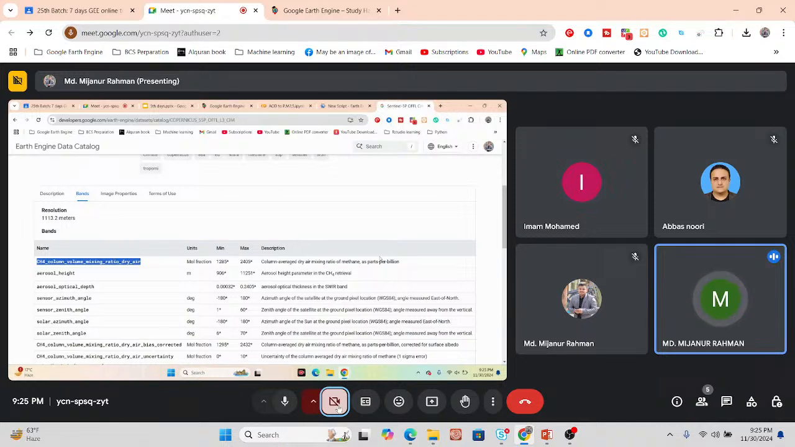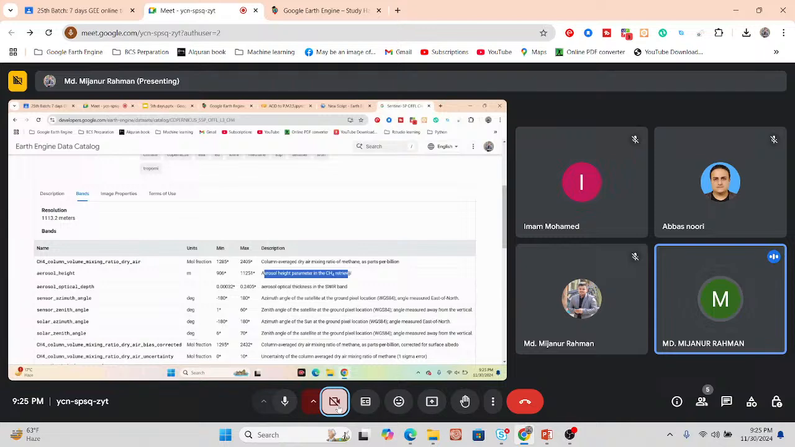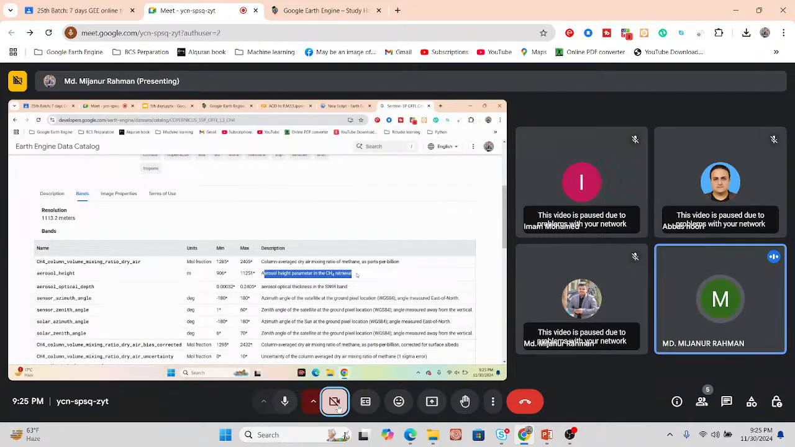So this is the data for parts per billion. Also, you can see we can get the aerosol height. This is another band. The unit is meter, m for meter. So, aerosol height parameter in the methane retrieval. How much height it retrieves, we can easily get the information from aerosol height, as well as aerosol